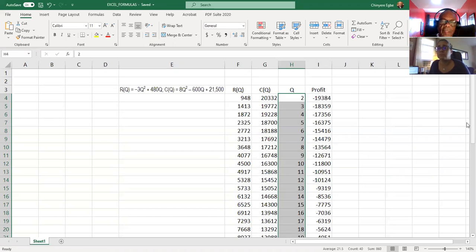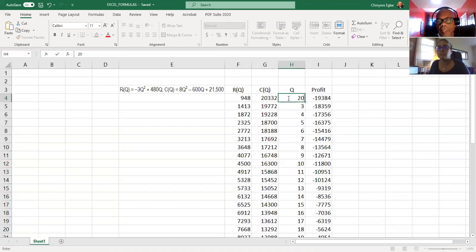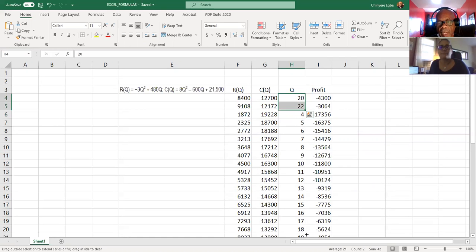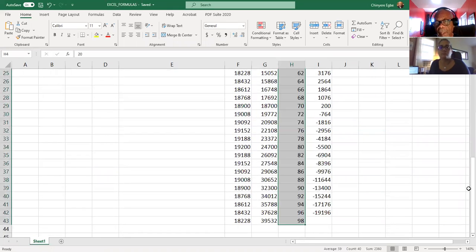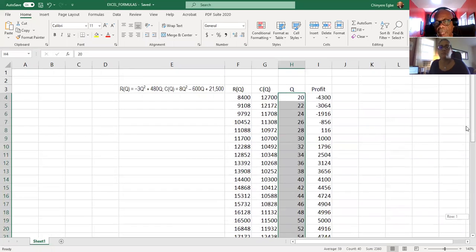Oh, so that means you could start this with, say, 20, and say 25. Or you can even say 22. 22, keep it even. Okay. Yeah. And then you drag it down. All right. So you can see that